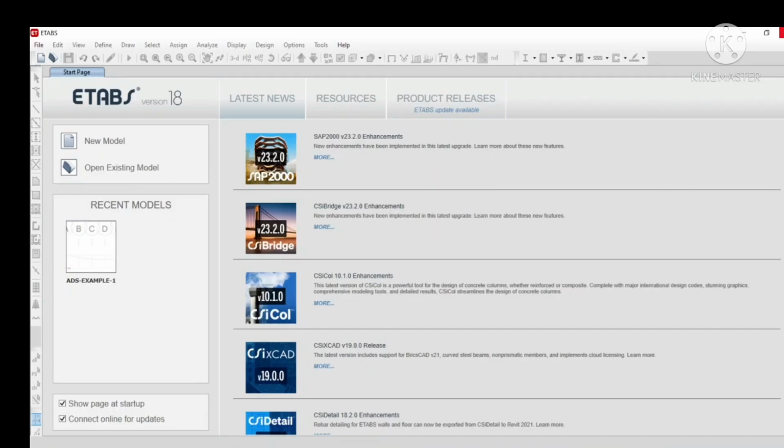Deflection of a simply supported beam, and we are interested in getting the maximum deflection. We have calculated it theoretically by using the moment area method. Now we will look into the ETABS software and analyze using this software, to check how closely the analytical and theoretical answers match. I will be making a new model.